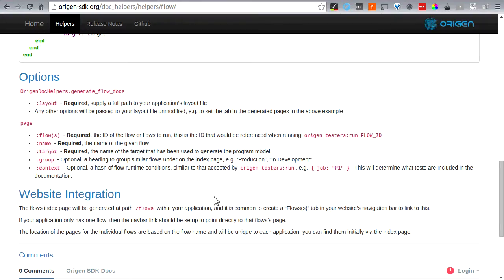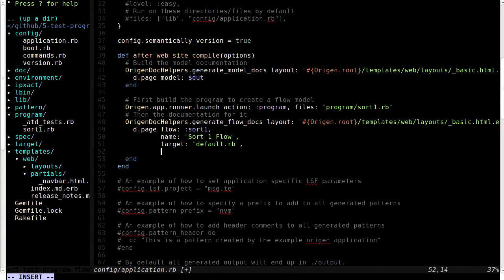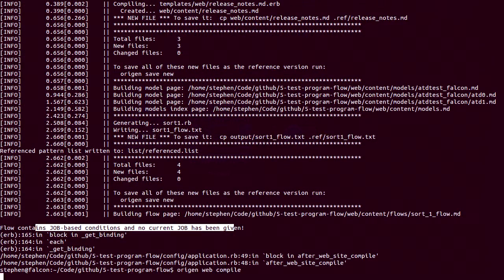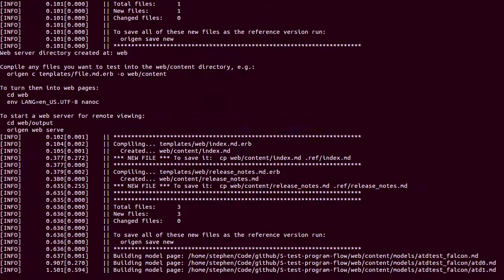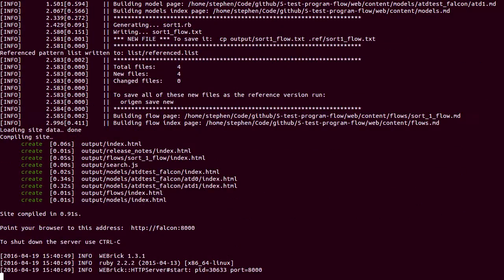Okay, so we need to supply a context option. Okay, third time lucky. Okay, so that's built,